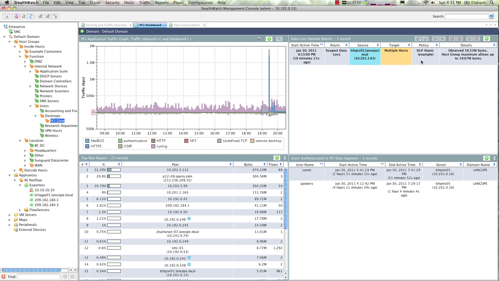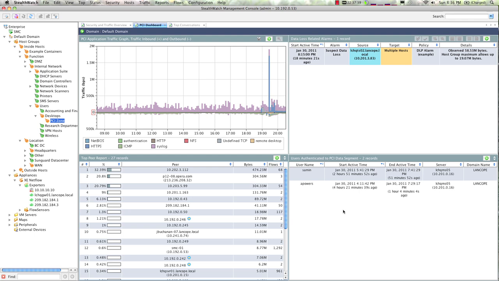This same component is looking for alarms related to suspect long flow and beaconing hosts, where we may have some sort of botnet-related activity slowly smuggling data off of the system. And then finally, it's looking for host logs, where systems that should not be communicating to my PCI zone have managed to establish connections. Just below this segment, we detail what users have logged into the PCI zone over the